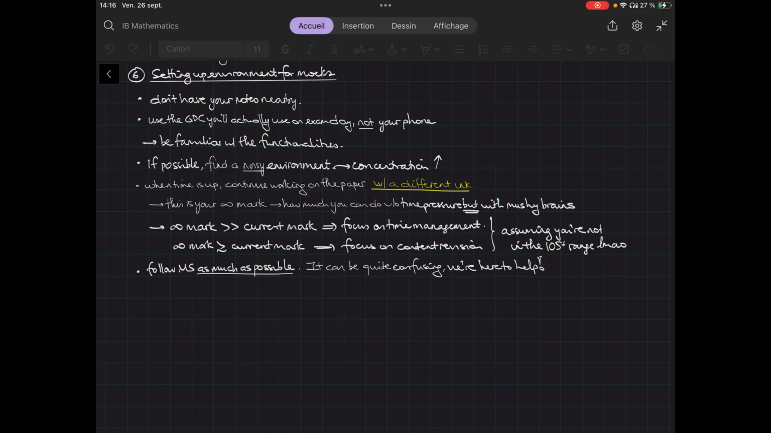3. When time is up, continue working on the paper using a different pen. This will be your infinity mark. How much you can do without time pressure, but with mushy brains. I have to emphasize this because